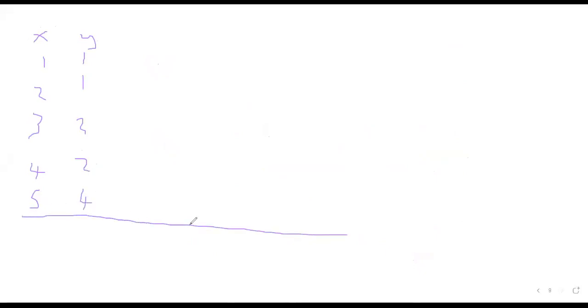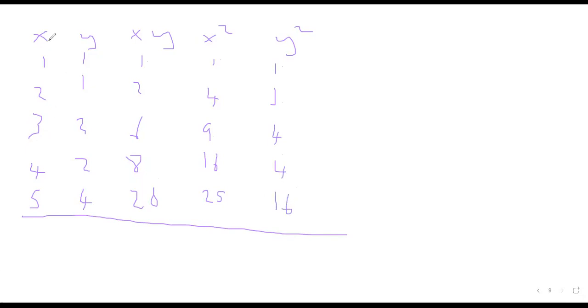Just for simplicity's sake, we have xy, x squared, and y squared. When you multiply them here, you have 1, 2, 6, 8, and 20. When you square each of them, x squared is 1, 4, 9, 16, and 25. And for y squared, we're just squaring individually: 1, 1, 4, 4, and 16, and 16. Then when you total up, the summation of x is 15, the summation of y is 10, and here we have